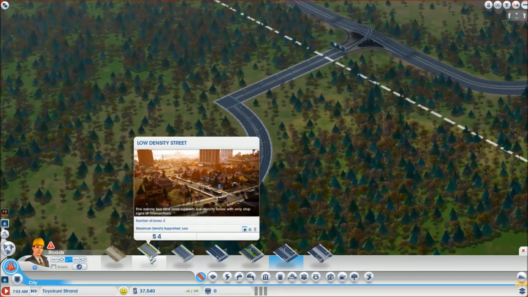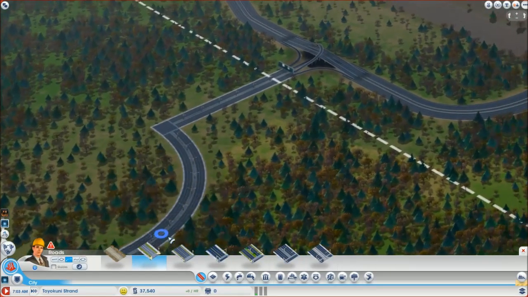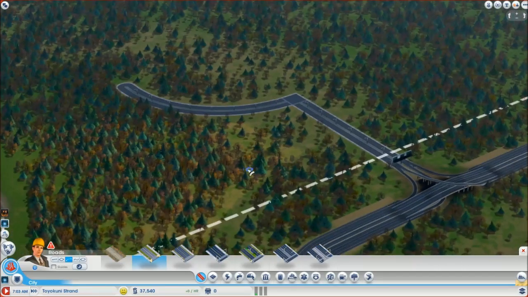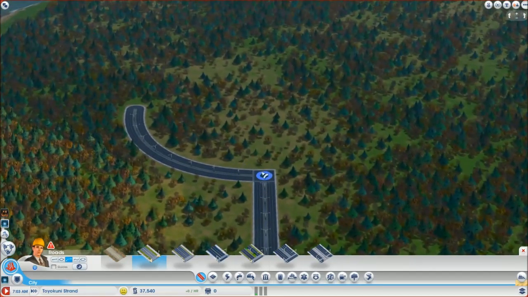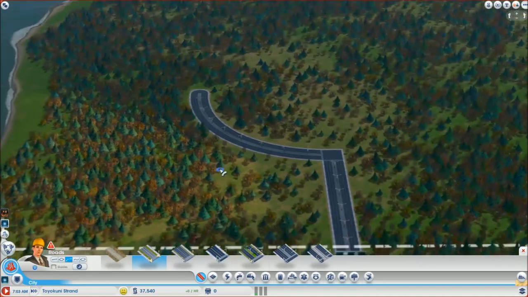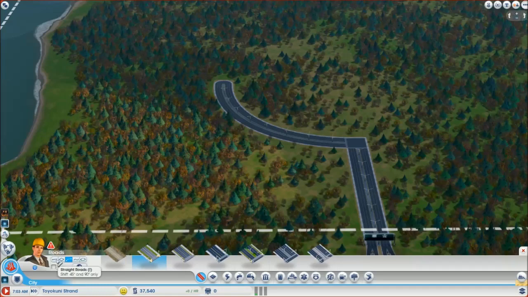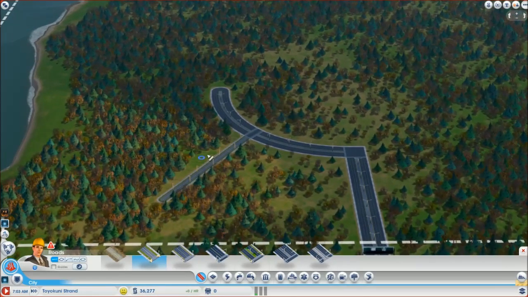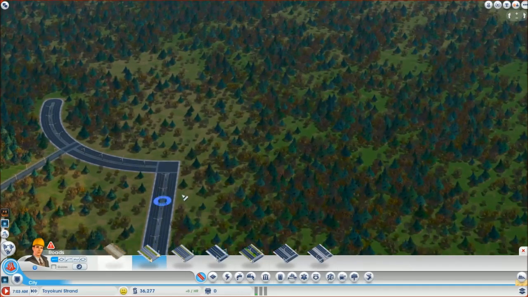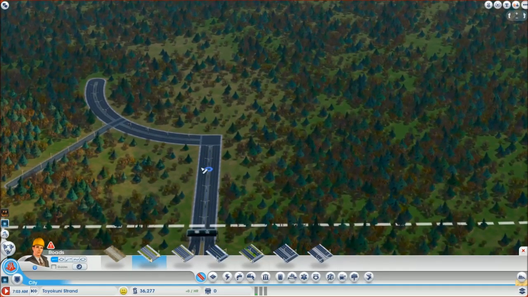So we're now going to build our low density streets. As I said, build your low density streets first, and then you have more control over when your buildings upgrade. So we're going to come off this road here on a straight. We're going to come down this way, sort of, to about there. And then that will be our residential area that we will use for residents. And then we will also come off...